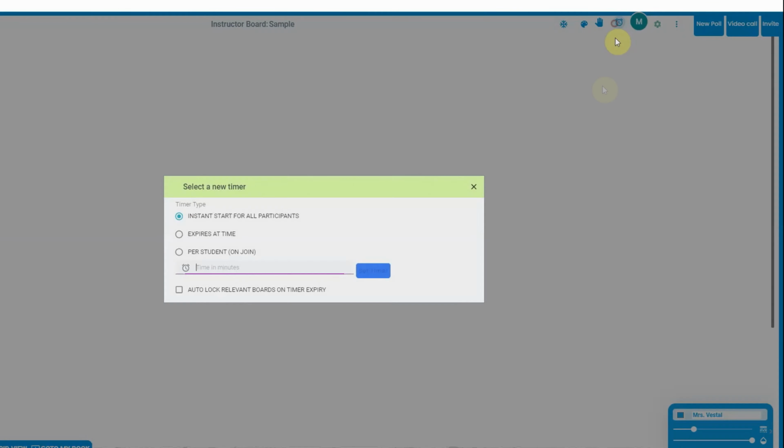All right. The next one is the hand tool. If your students have a question, they can raise their hand, and this is going to let you know that students have their hands raised. Then we have the timer, and this is if you have your students working on an activity, but maybe you want to give them 3 minutes to experiment with something to see if they can find the answer,